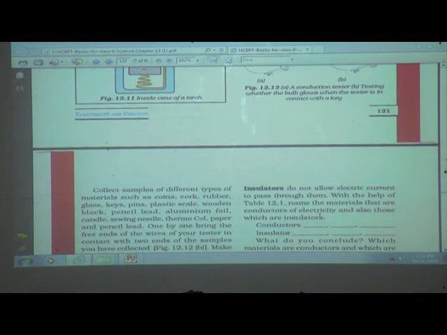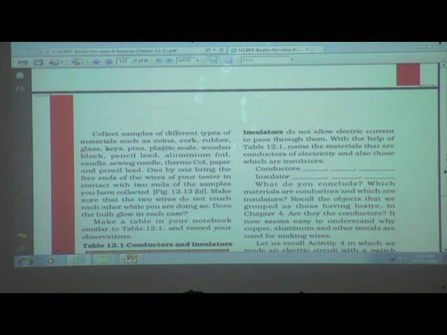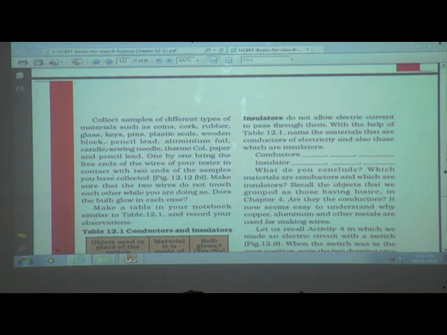Now collect samples of different types of materials such as coins, cork, rubber, glass, keys, pins, plastic scale, wooden block, pencil lead, aluminium foil, candle, thermocol, paper.